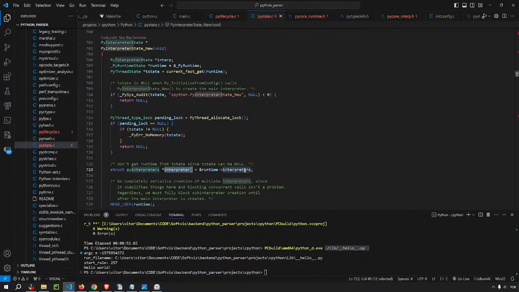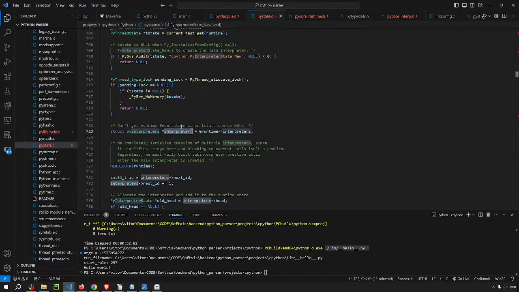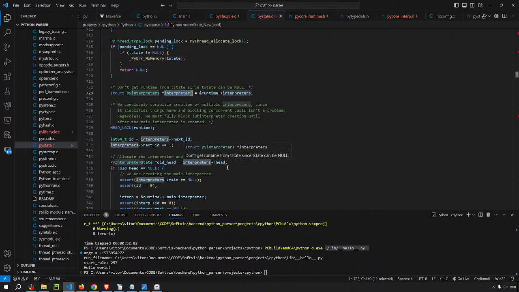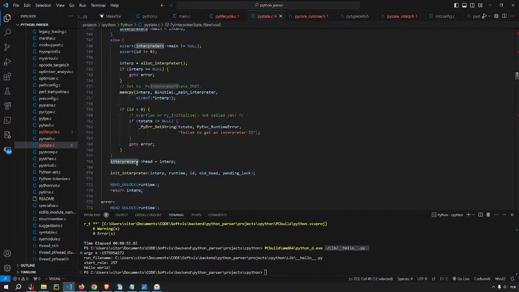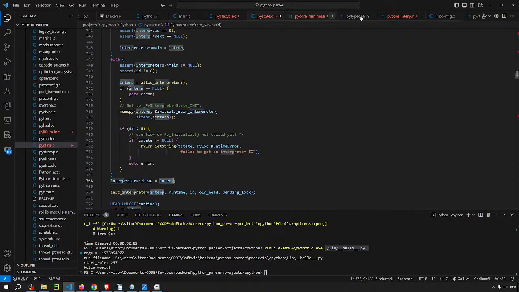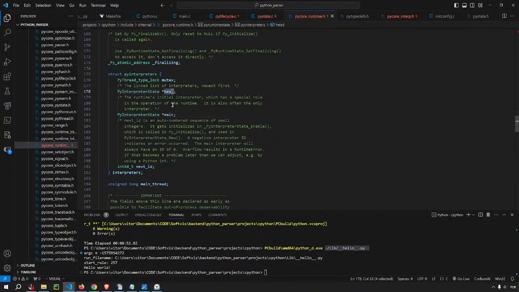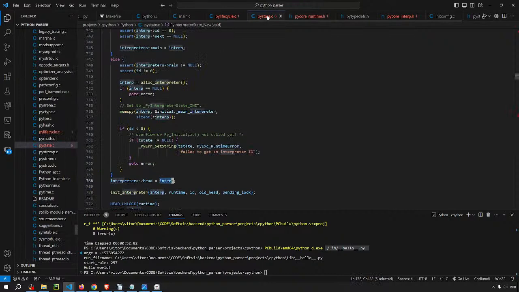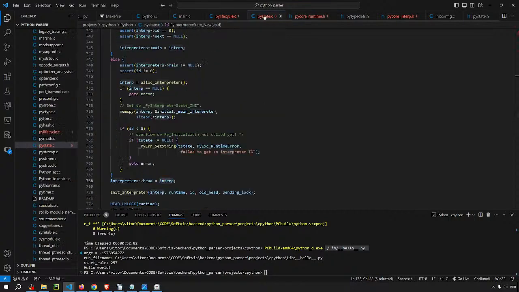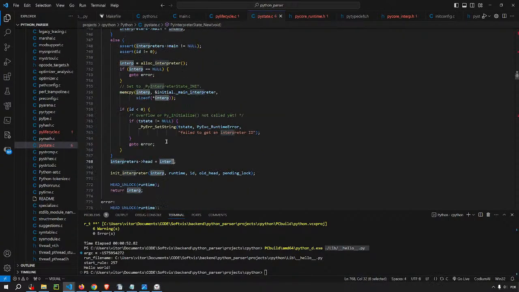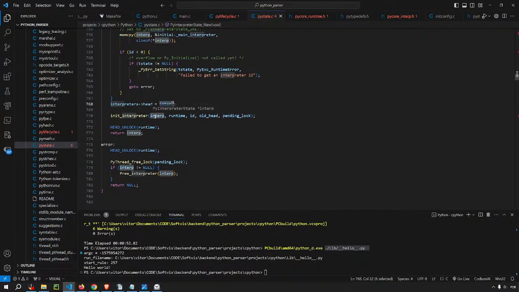So here's the link. And then this one is used to set up the values of the other one and then returns the other one. It sets up the head of this one to be equal to this one. So this head here is going to point to, it's going to be equal to the one that initializes there. So I guess that's the link between the runtime state and the interpreter. It happens in this function here. And then this interp is going to have the